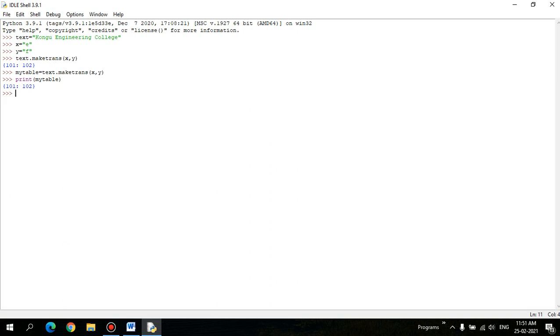It has to be translate, right? Because it is one more function that is going to be seen later. So print of text dot translate, one more function that is supported.